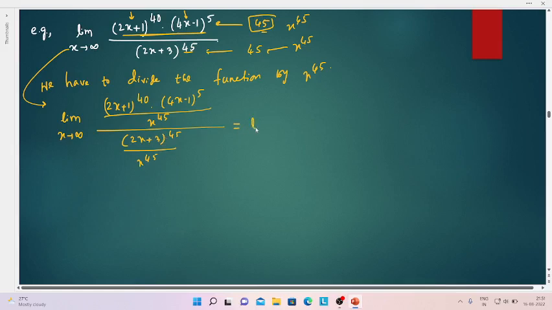So now we can write down that particular polynomial as